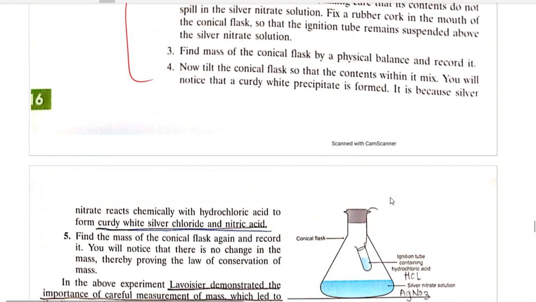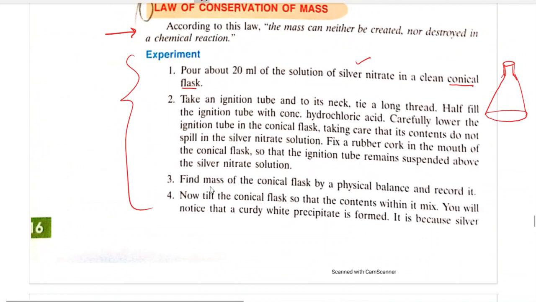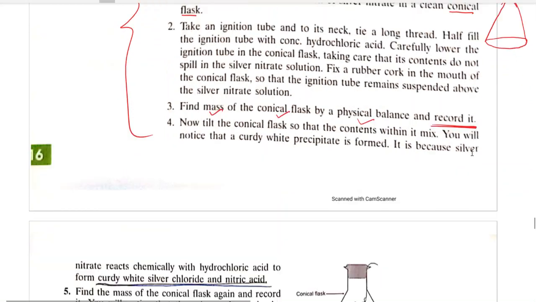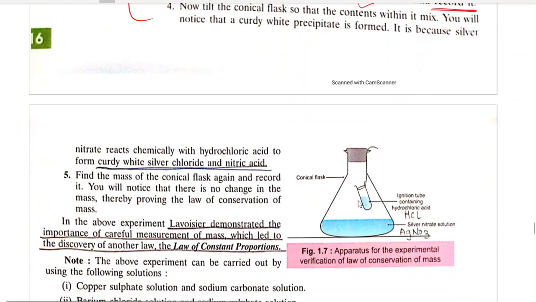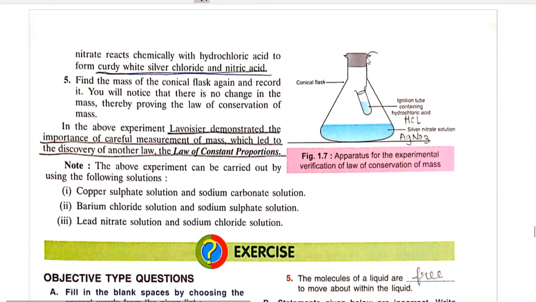Okay. Now what you have to do is find the mass of the conical flask by physical balance and record that mass. That mass will be with the hydrochloric acid and the test tube and everything. Then you slowly lower this thread, you loosen this thread and lower this test tube into the conical flask. So what will happen, this silver nitrate, which is AgNO3, rightly written over here, plus HCl,